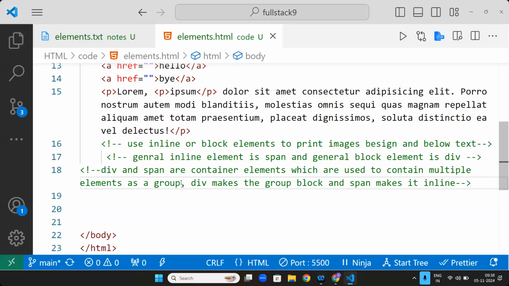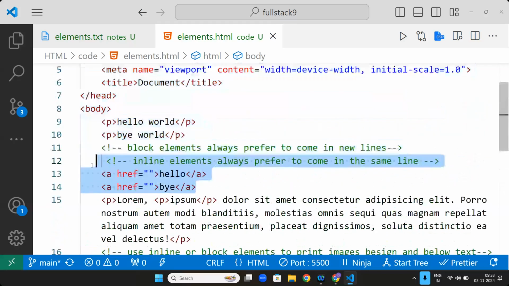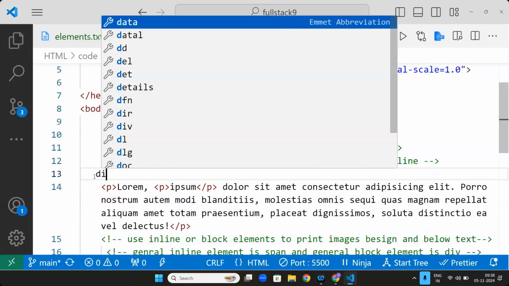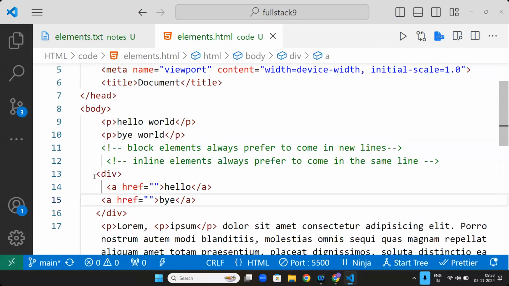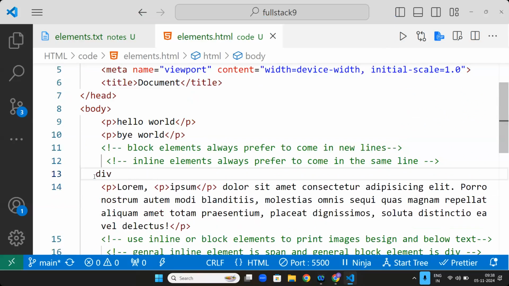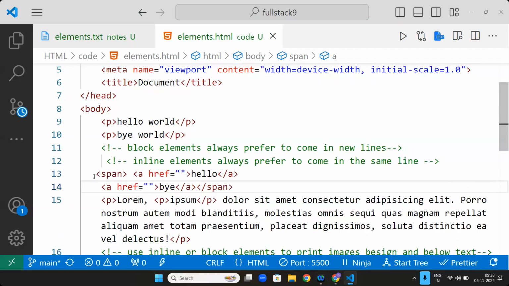Now, imagine you have two or three elements here: one H1, one paragraph, and another paragraph. You want to combine all of this. Tomorrow, I want to color only these two elements. If you want to give some color only to certain elements, you need to group them. To group all elements, you can put them inside one div, or you can put them inside one span. You can use either one, sir. But the difference is